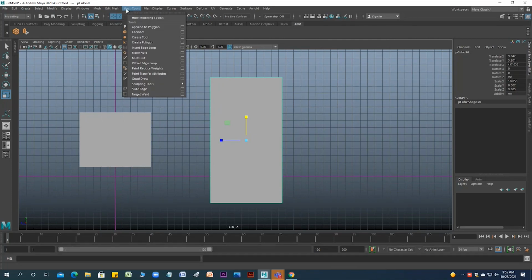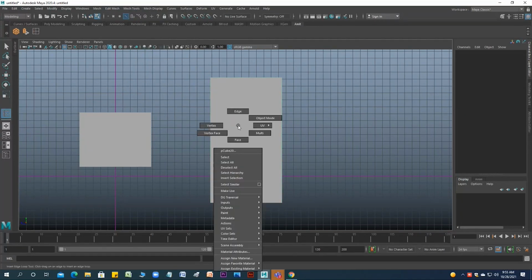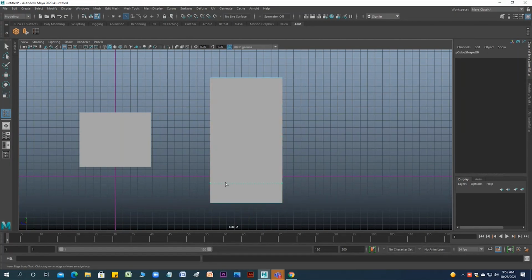Now we are going to use one more tool, this one, insert edge loop. Same, bring it in the tray. So you can add the loop. Once you select it, go to component mode, select the edge. So this arrow is there. Use the left mouse button and give the direction. Hold your left mouse button, and wherever you want you can place it.